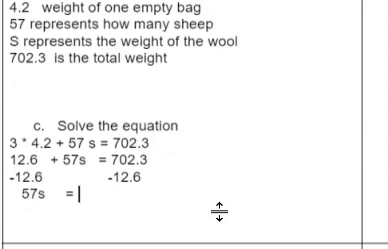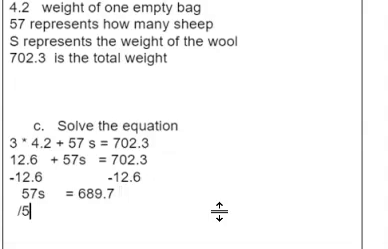So 57 sheep wool is 689.7. Divide both sides by 57, and I get each sheep's wool weighed